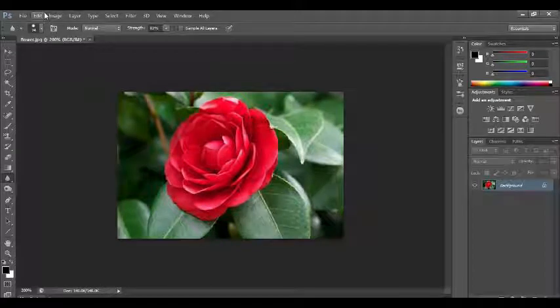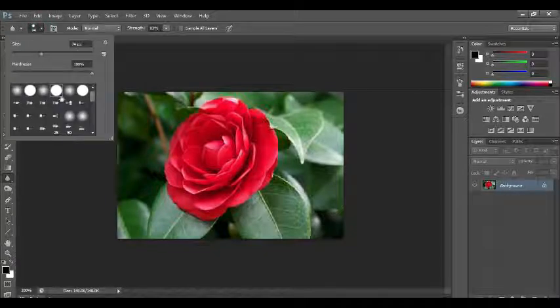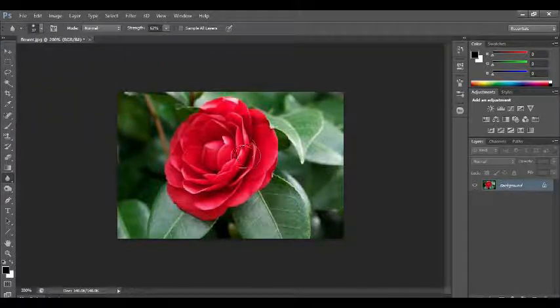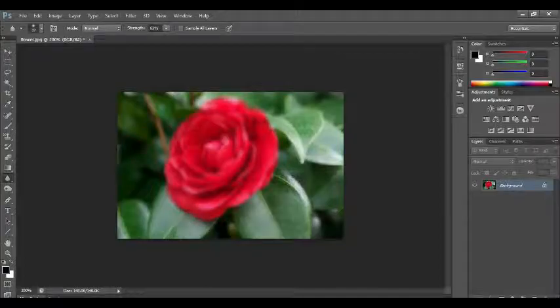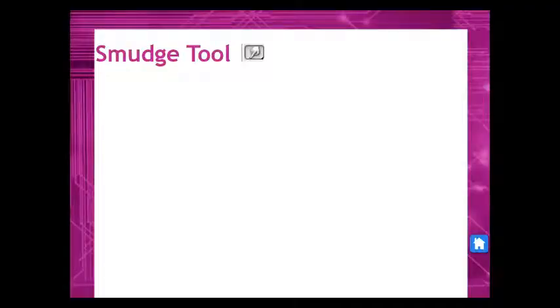Select the appropriate brush from the palette in the option bar. Set the brush size. Then click and drag on the image to blur the pixel. Like this. Right?